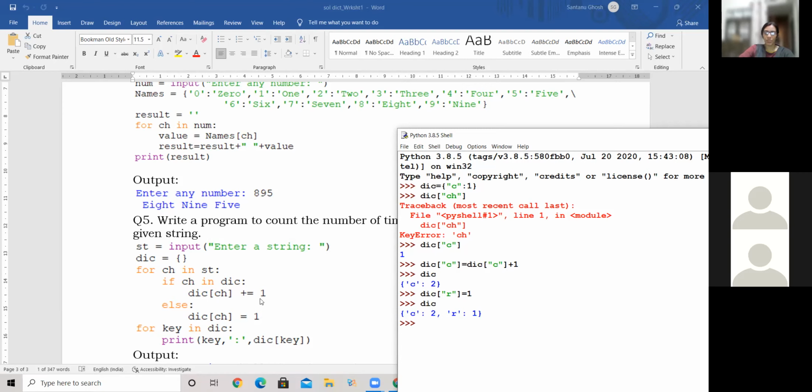If you find this expression a little confusing, this particular one, then you can write it like this also. There is no problem. But remember, we had done A is equal to A plus 1, which can be written as A plus equal to 1. This will expand to A equal to A plus 1.